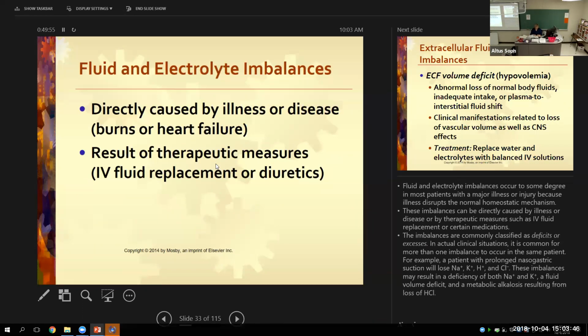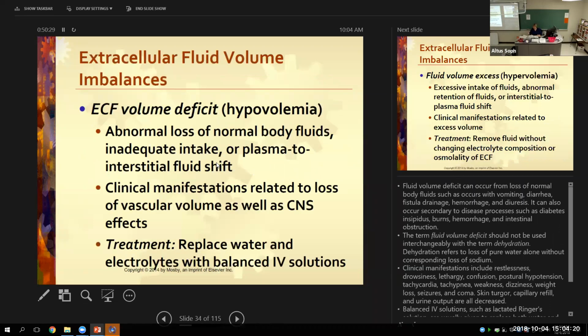Definitely fluid and electrolyte imbalances can exist directly by cause of a certain disease, or indirectly because of other diseases. Burns, again, you lose lots and lots of fluids when you have a burn patient. Heart failure, sometimes you have a problem with getting rid of the excess amount of water. So you do have to put patients on fluid restrictions because of that. And it can be the results of how we're giving them either fluid replacement and/or diuretics that will change the balance and cause imbalances. We know with Lasix, what do you have to watch for